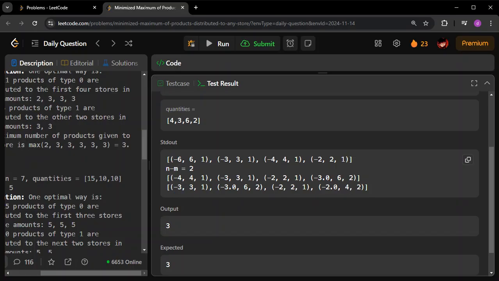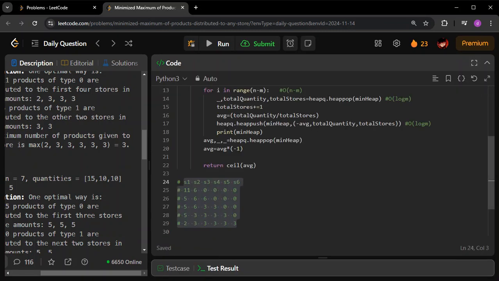And remember one more thing, if the first value is, let us say, 2.5, we cannot return 2.5, because 2.5 doesn't signify anything. We cannot have it in decimals, right? So we have to basically take the ceil of that. What is ceil? For example, 2.5 means you have 5 to divide among 2 stores, so one of the stores will have 2 and the second store will have 3. So that is why you have to take the ceil of the division. Ceil of 5 by 2 is 3. Okay, so that is the basic answer. That's why I'm returning 3 here.